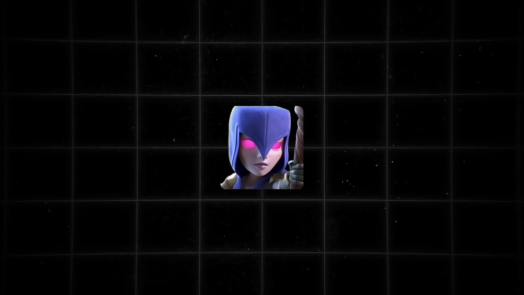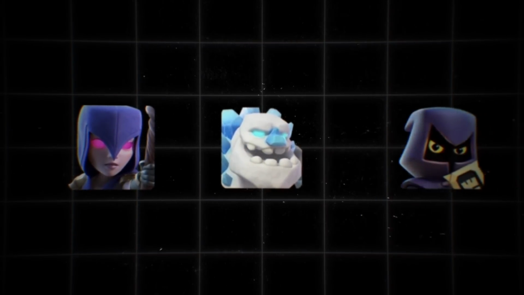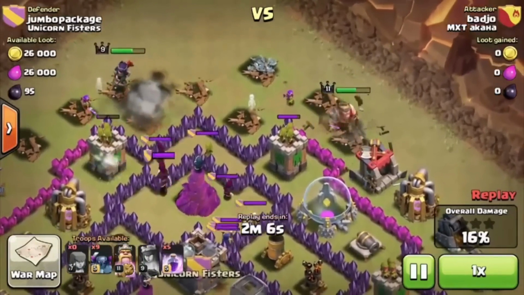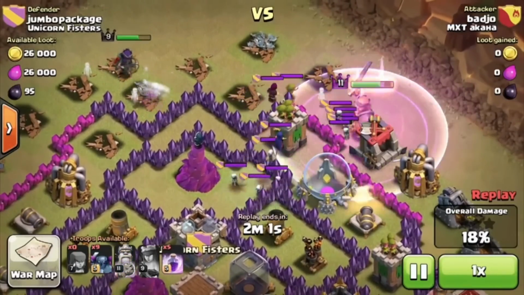But another popular and annoying troop in the clan castle is a witch, and normally the witches get paired up with various other troops, with one of them including the ice golem as well as the headhunter, which we'll talk about next. But with the witches, the main annoying part with them is really the skeletons that keep on spawning in. Now these guys obviously don't do a lot of damage and don't have a lot of health, but the